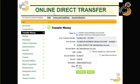So under the transfer money screen, you will have all the information filled up. And this is a direct transfer from your account to IRC bank account. So the required field that I would like to emphasize is the BSB code, which is 121001. Without this BSB code, your transaction will not be completed. So just take note of this BSB code when you are doing a direct transfer from your account to IRC admin account. So after filling up your account number and your amount,